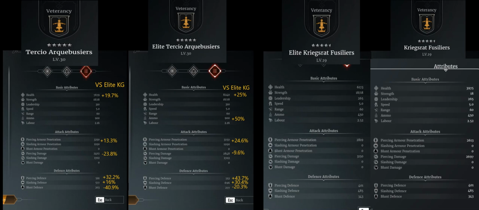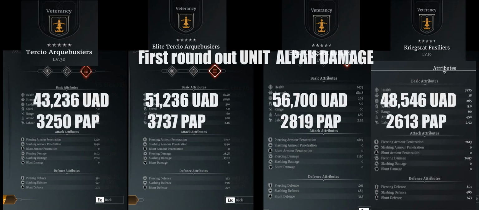We're going to look at the first round out unit alpha damage. And you're going to see that the Kriegsrat and the Tertio are pretty much on par all across the whole board. Everything is roughly the same, the only difference being, of course, that the Tertio Elite have excellent piercing armor penetration, right? So this brings us into the